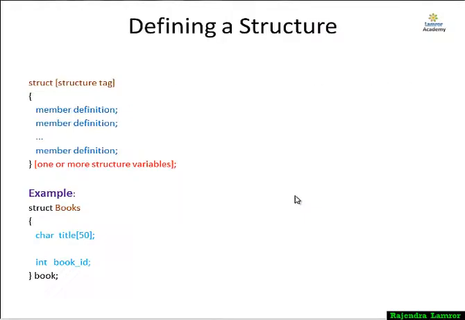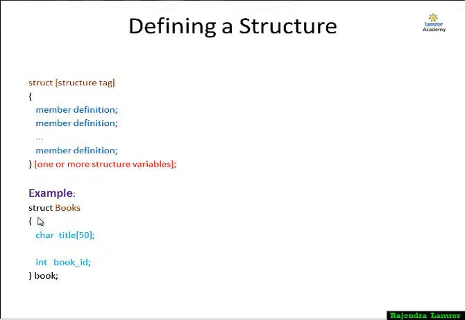After that you should initialize your use. So here I am showing how to define the structure. The struct keyword is used to create the structure, or a structure tag if you want to use one; it is optional and not compulsory. In the member definition, you define the members: integer, character, float, whatever you want. After that you write one or more structure variables. Variables you can define with names, and you can also define others using the name of the structure.